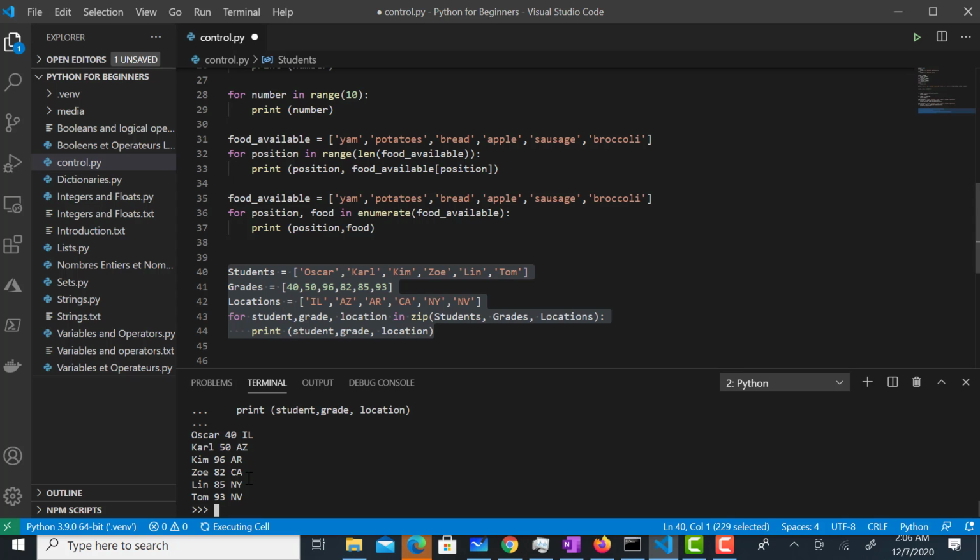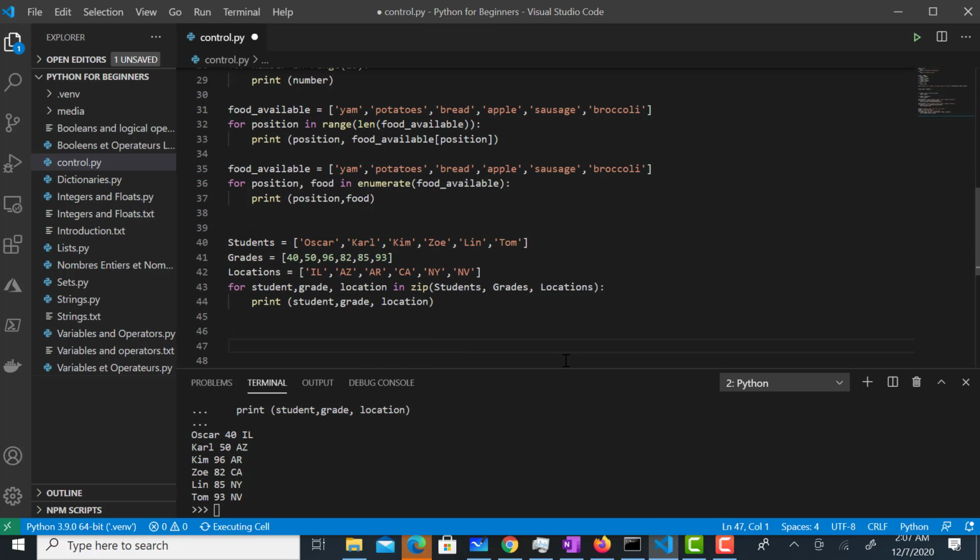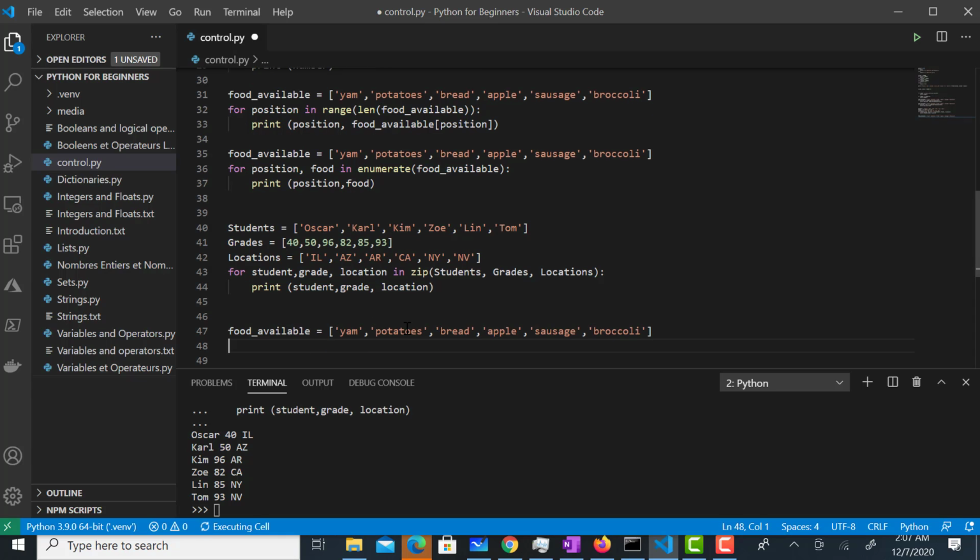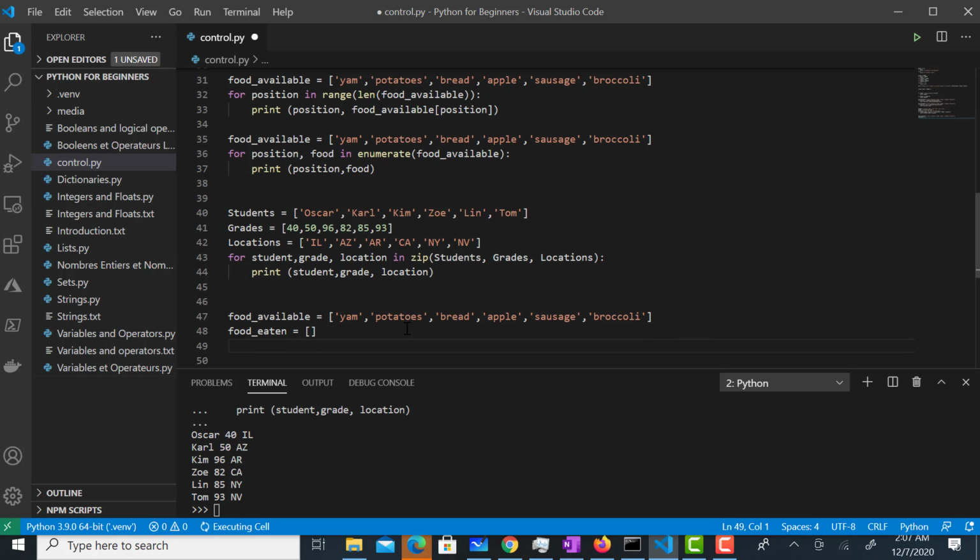Okay, here is my last example. What else can you do with iteration? Well, you can append to a list. You can create a new list. Say for instance, I have my food available, right? So let's use our example about food, and I want to create a list of maybe foods eaten, okay? And I want to initialize it. All right. So what do I want to do with it? I want to pass